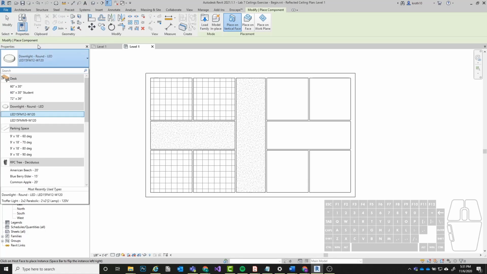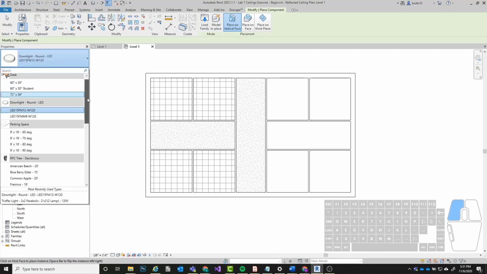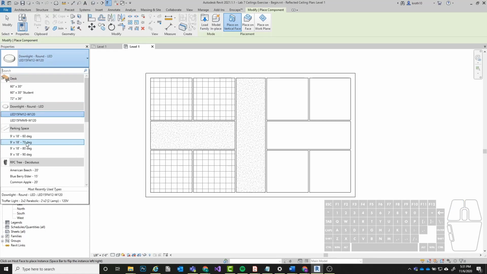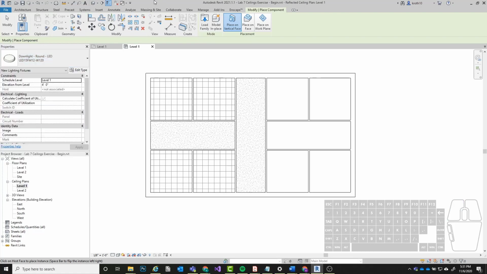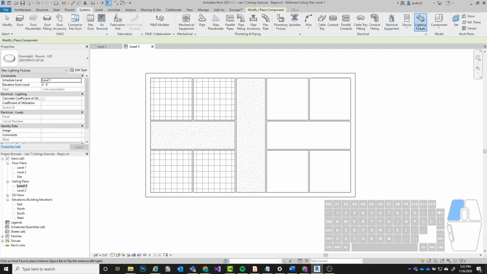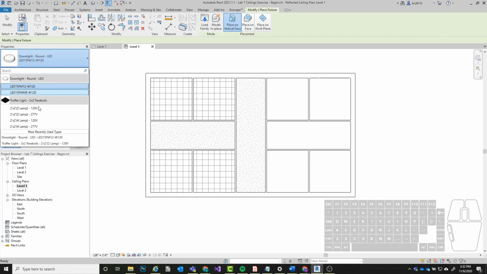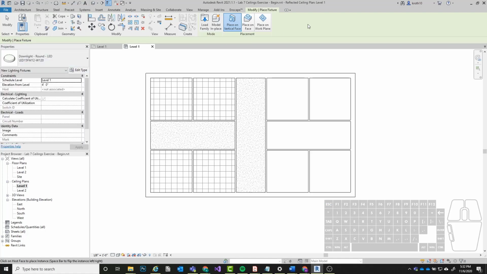this section here, and you can click the drop down and see all of the different light fixtures, and these are all the families in the project. Okay, if you wanted to filter to just light fixtures, you could go to, again, Systems, and then just click on Lighting Fixture over here, and it's just going to filter only the light fixtures that you have. All right, so it looks like this downlight round is not what I was looking for,